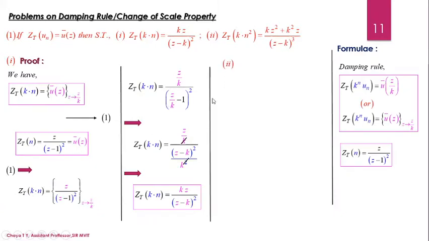So for the second proof, as usual, we are going to follow the same steps. Observe the LHS of the second proof. What is it that I need? The Z transformation of the product of the terms of the form k^n times n squared. I am going to compare this with the LHS of the damping rule.